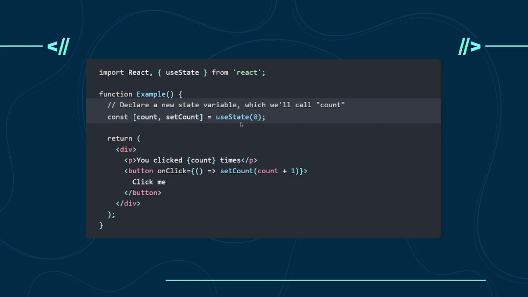And now the beautiful thing, again, about this component architecture, imagine we wanted 10 of these. So we called it 10 times, and then I clicked the first one 5 times, and that one's 5. And then I clicked the last one 6 times, and that one's 6. And each of them has their own state, and they each have their own copy of that count. It's a component-based architecture, again, right?